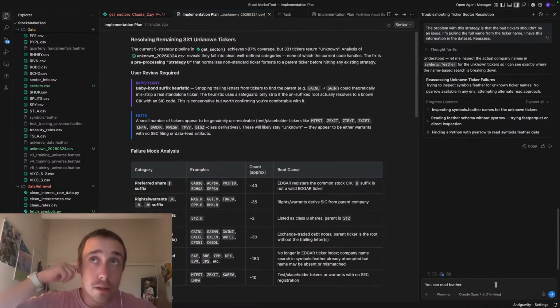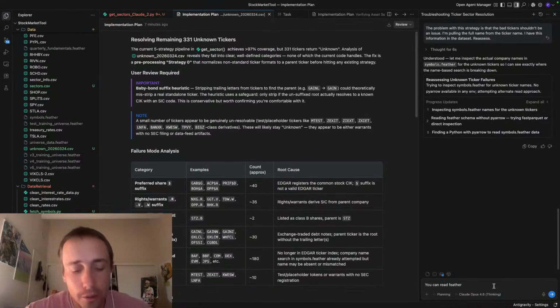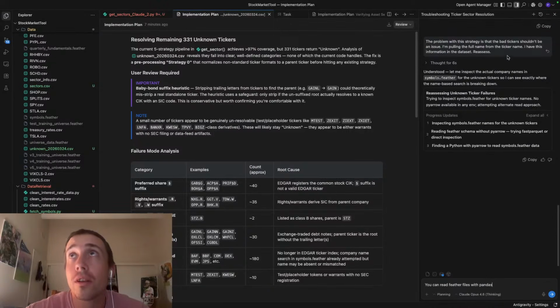All right, you can read feather files with pandas. Don't worry about installing stuff. Just update your strategy to solve the problem I gave.